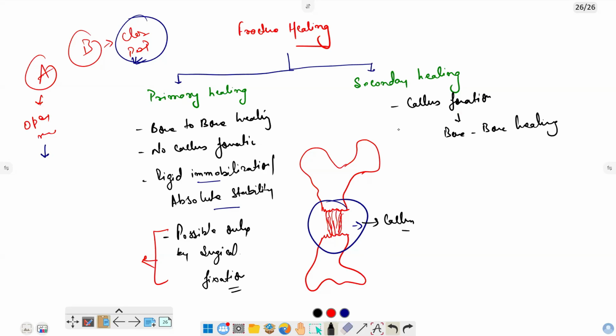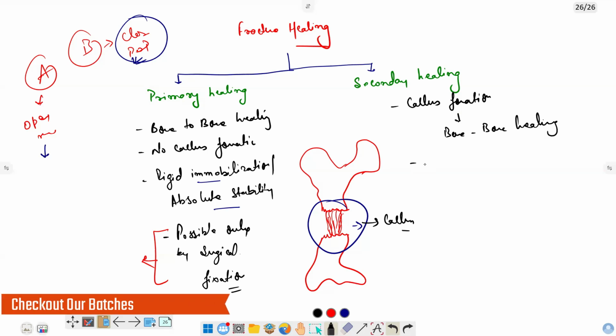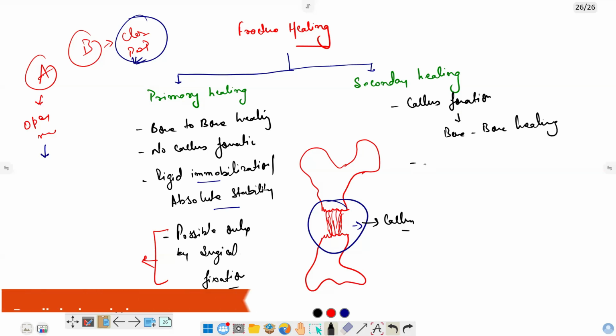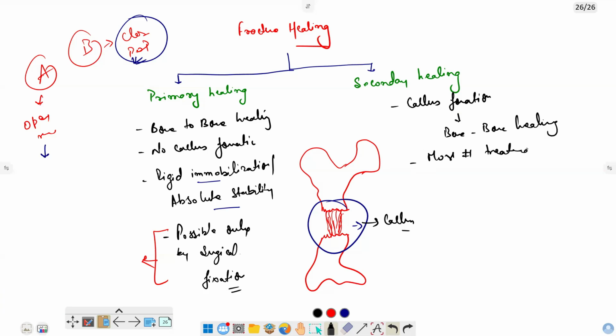In this condition, immobilization is absolutely needed, but rigid immobilization is not compulsory in the case of secondary healing, right? And in the case of secondary healing, one more point is that most fractures are treated